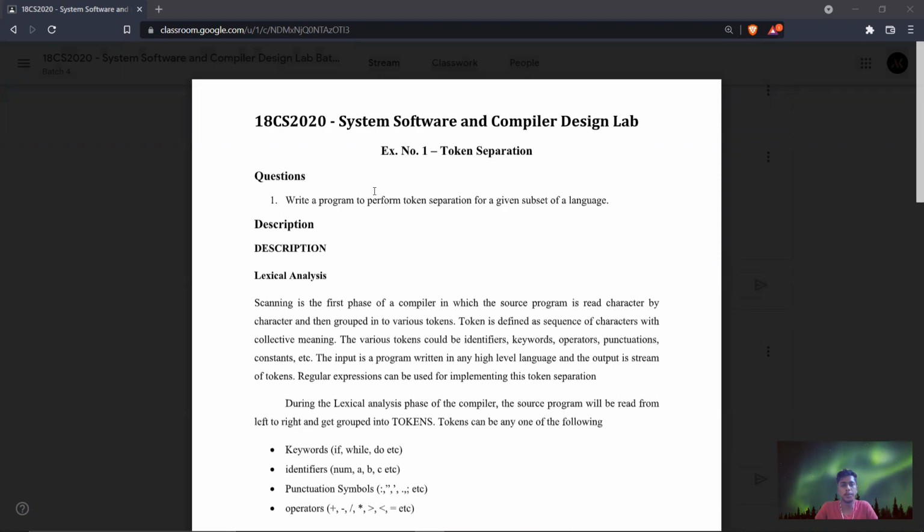So when a compiler compiles a program, first it will go into a state called lexical analysis, where it will scan each character, that is each word, and match it with the keywords to check whether the word is already predefined or not. According to that, it will compile the program. And if there are any unmatched words, it will throw an error. So that is the thing we are going to perform today.